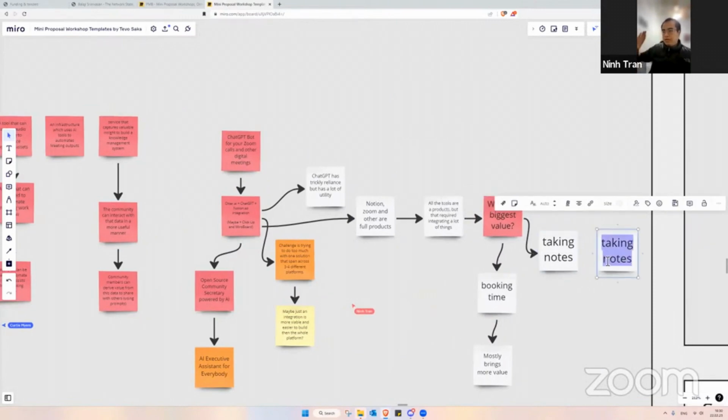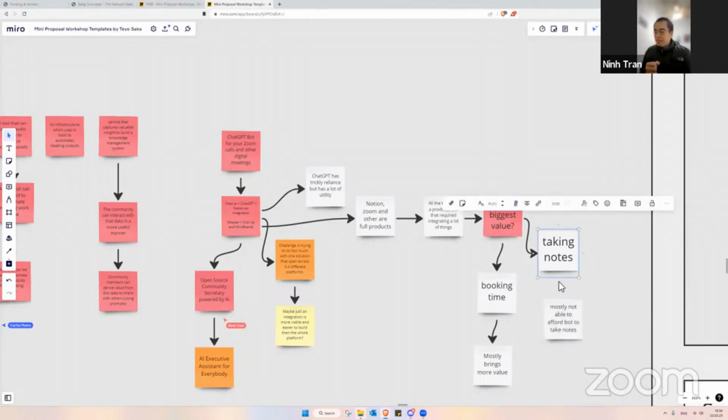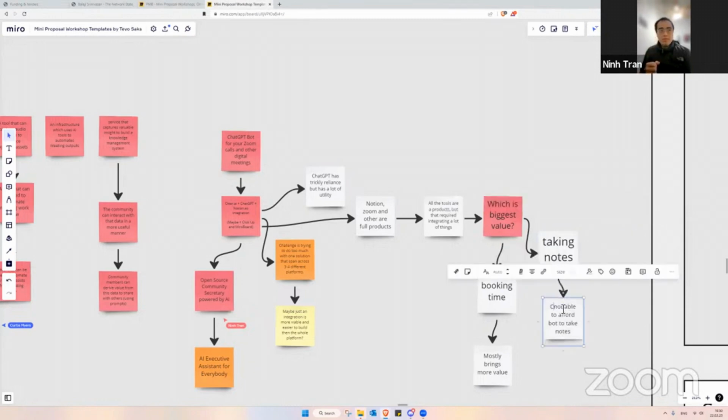So you go into the right-hand side is kind of like commercialized, and the left-hand side is open source community secretary powered by AI, or AI executive assistant for everybody. Now, if you build one, maybe the community secretary that takes notes is more executable, right?